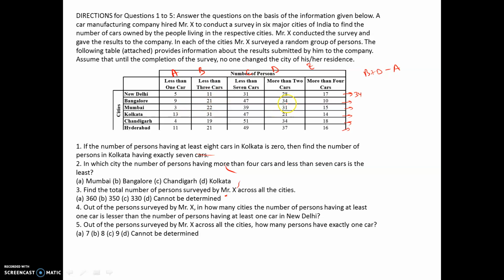So for Bangalore, you can simply do the calculations out here. This is 46. For Mumbai 50. Kolkata it is 39. For Chandigarh it is 49. And for Hyderabad it is 47, right? So that's how you can do the calculation. So it says for how many cities it is lesser than in New Delhi? None of the cities, obviously. So the answer is